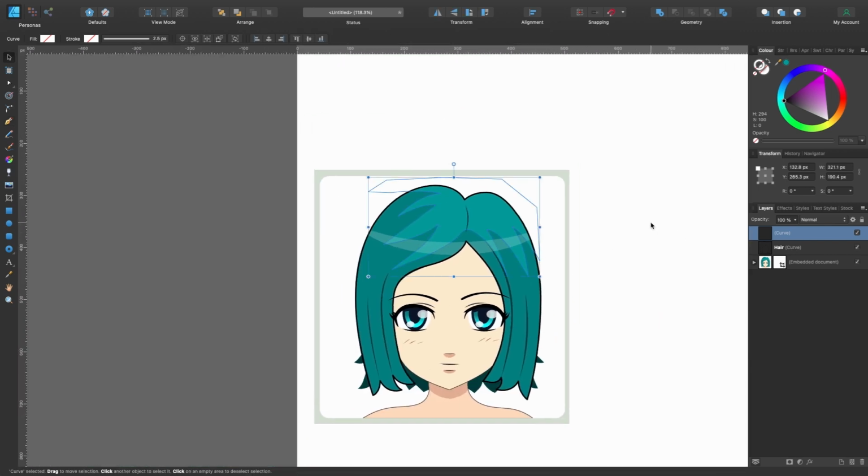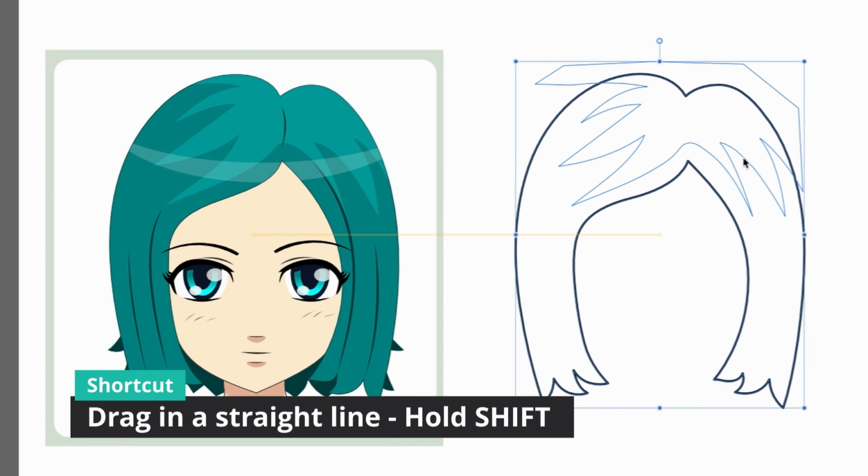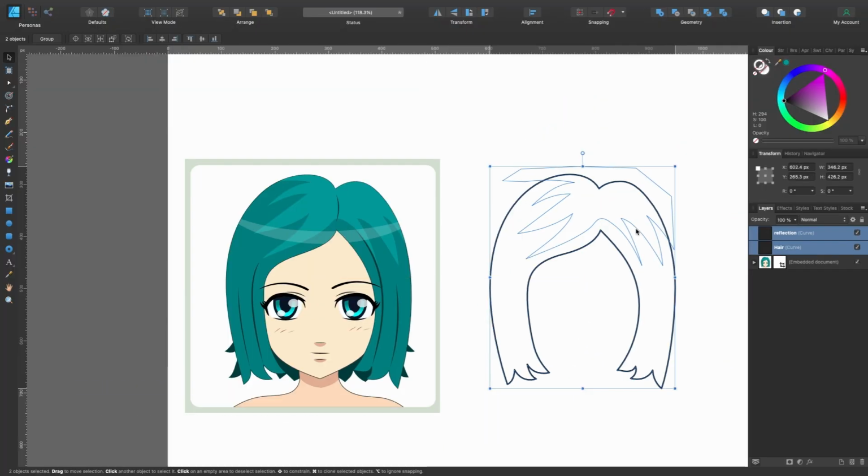So I'm going to press V, the move tool. I'll just name that reflection. And we're going to grab both of these. So with the top one, hold down shift and select the second one. They're both selected, and we'll just click and drag it off to the side like that. So now we're going to be choosing some colors for them.